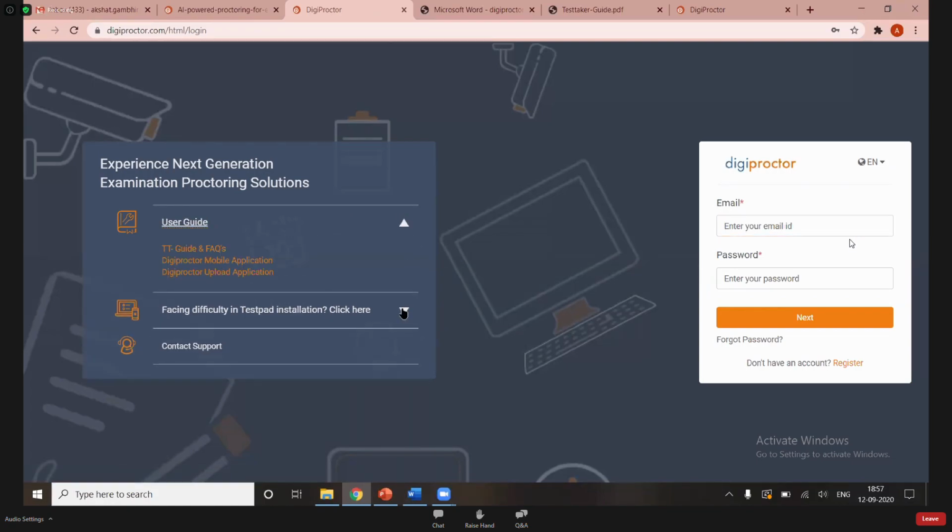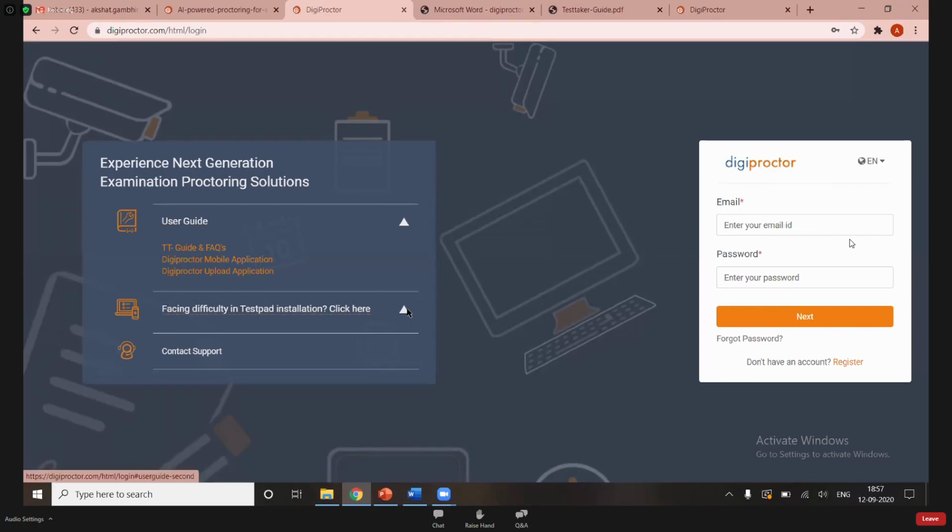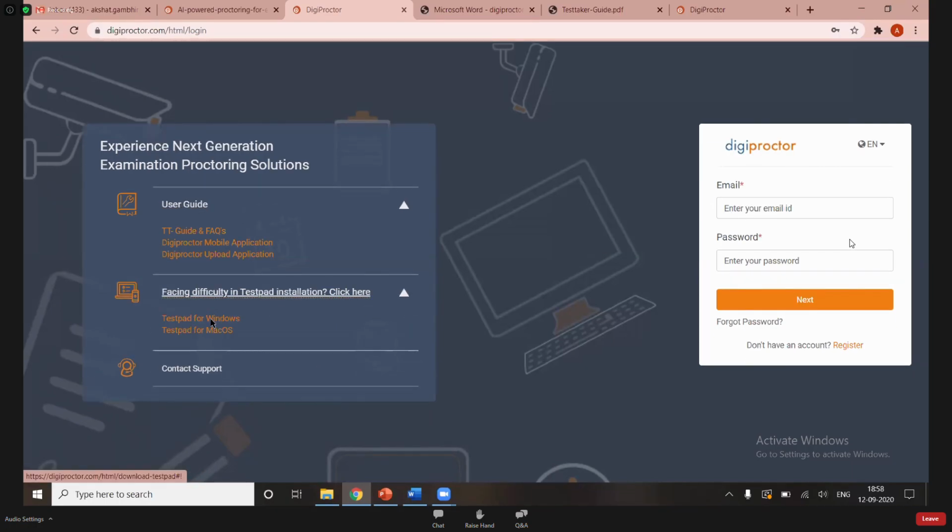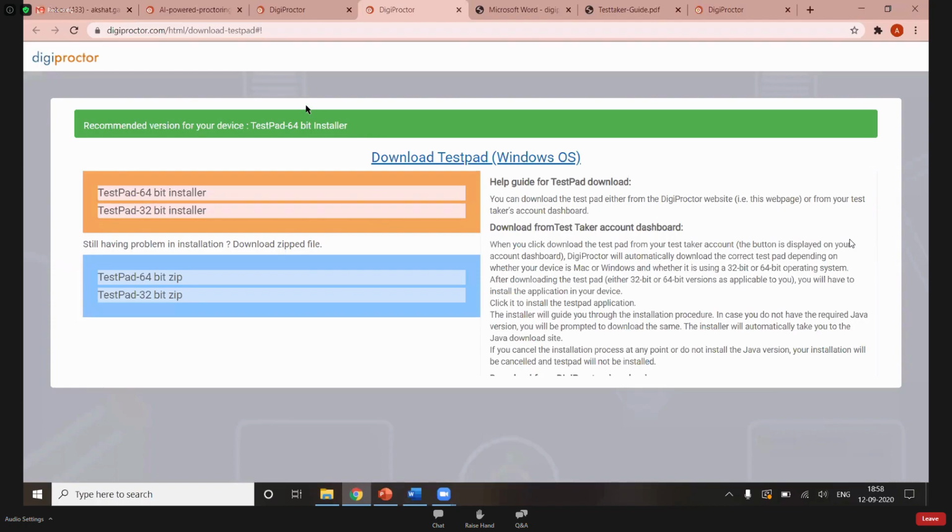Now, in case you're facing some troubles in the installation or you're not able to run the application properly, there might be some device errors, there might be some application installation troubleshooting that you have to do. In here on this page itself, second option, you will have these options of troubleshooting the installation. In case you're using a Windows device, you'll come to this screen. This will automatically detect whatever version of the machine you're using.